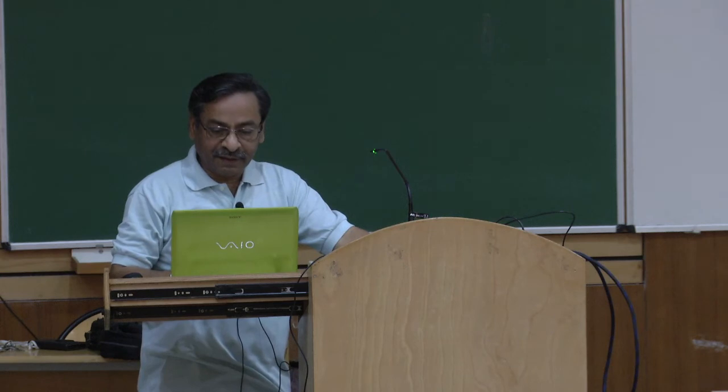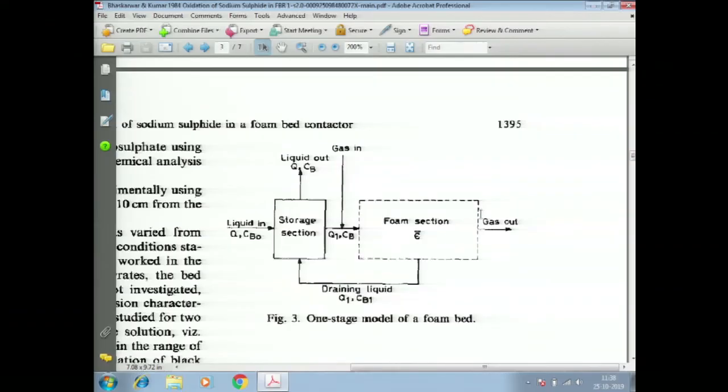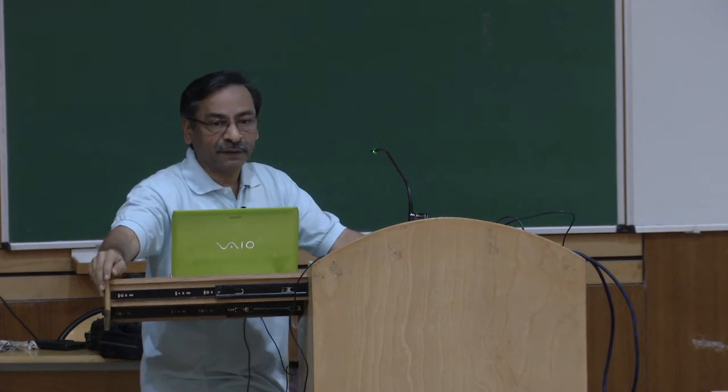In a sense, I am making the approximation that continuous gravity drainage and the breakage of foam associated with liquid released by ruptured films are all taken together in a flow rate at the same rate Q1, and this will flow through the network of Plateau borders. In the return path, it will not come in contact with gas because the area of Plateau borders is small compared to liquid films.